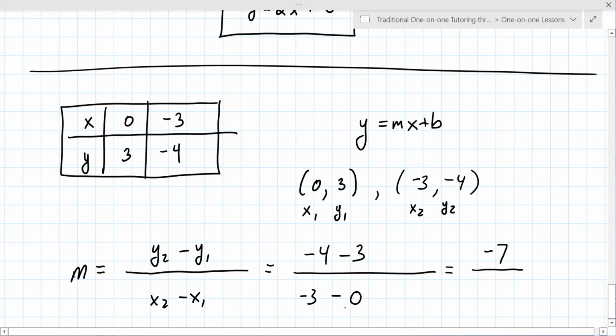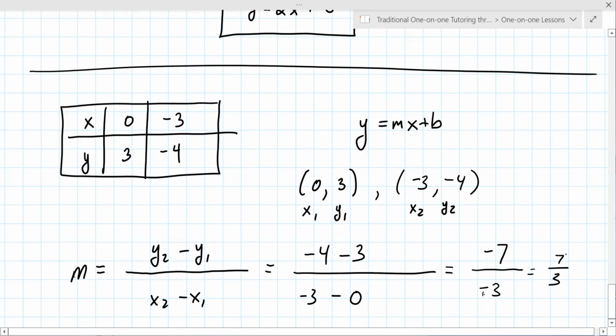And then let's go to the next problem here. How about -3 take away 0? So that would be -3. Now, two negatives cancel in division just like they do in subtraction. So when you have one at the top and the bottom, you can just cancel them out. It becomes